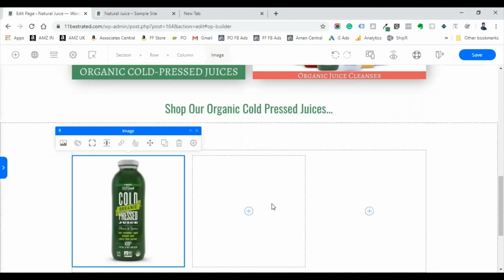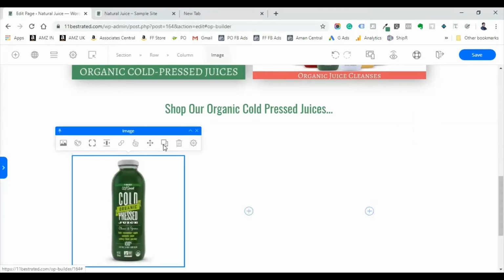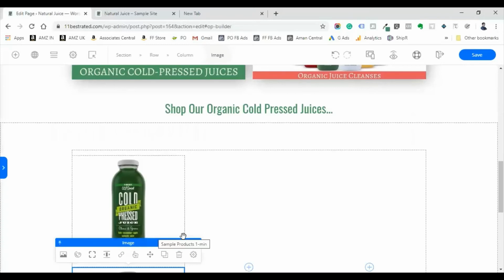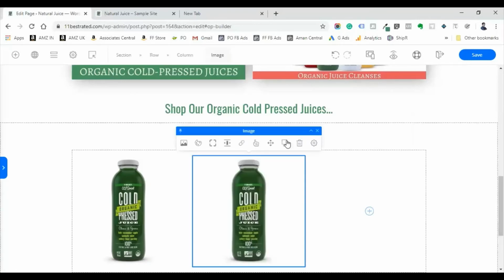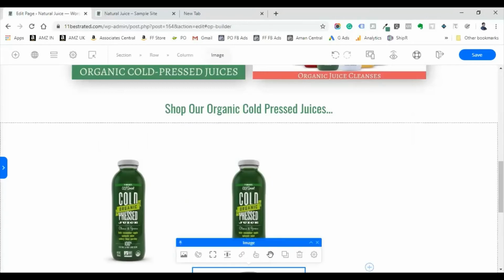Add it here. Again, you can copy this and drag it, or you can copy this and drag it here in the center. Again, you can copy this, duplicate it and pull it to the next column.